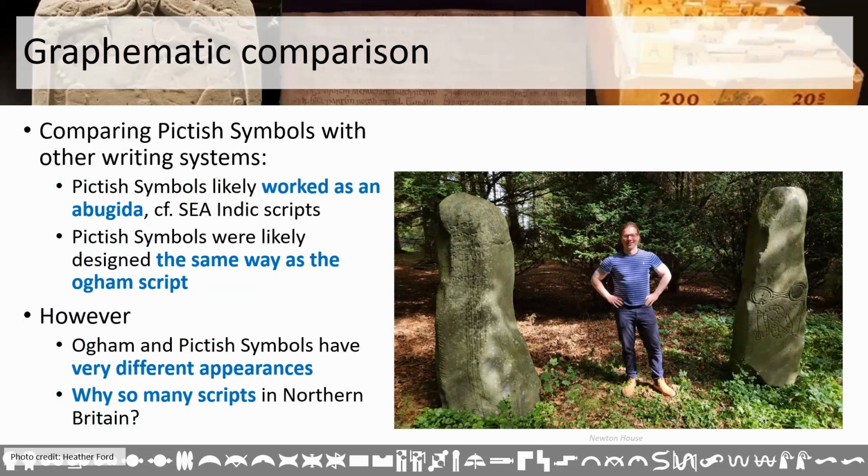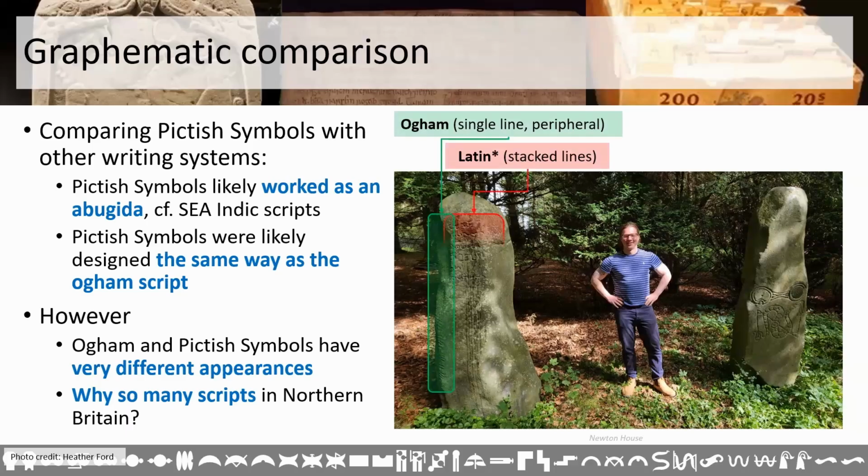And I think this monumental complex is really interesting because it shows you that in this 6th, maybe 7th century context, we have all three scripts and they're all importing their own archetypal layout. So we've got Ogham, a single line at the periphery of a surface, although this is a little bit odd because it goes top down and curves up at the bottom. We've got an alphabetic script here that's almost certainly derived from a Latin script. And then we have Pictish symbols, which is a short inscription, but it's very large, filling all of the available